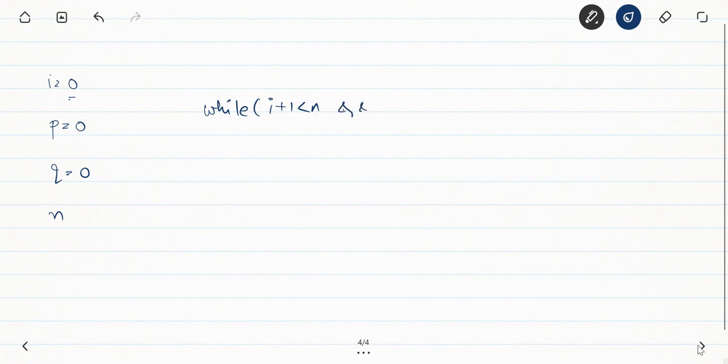And nums of i is less than nums of i plus 1. It is strict, so we don't use the equal sign. If nums of i is less than nums of i plus 1, strictly increasing, then i plus plus. So this will go through till we get to the start